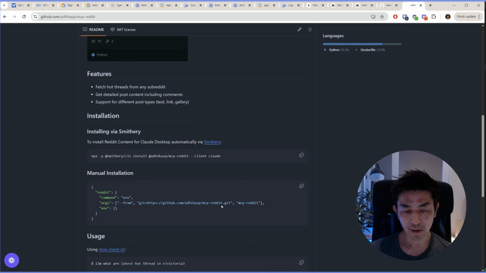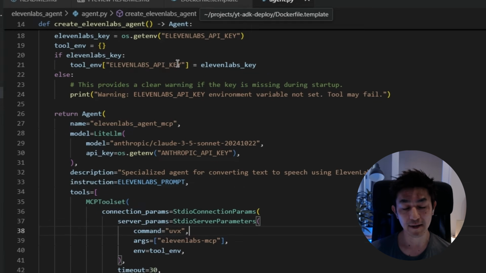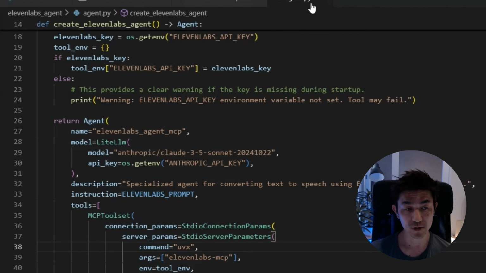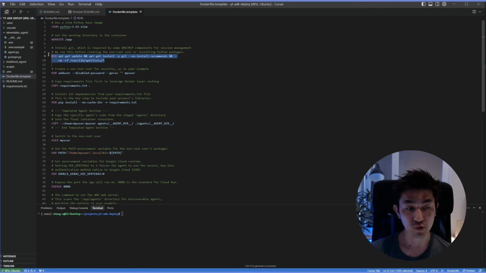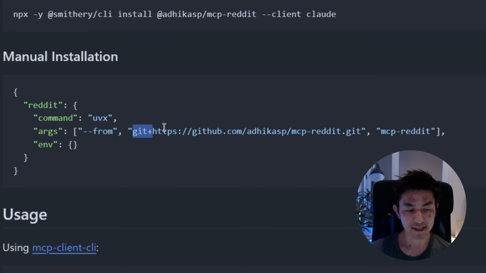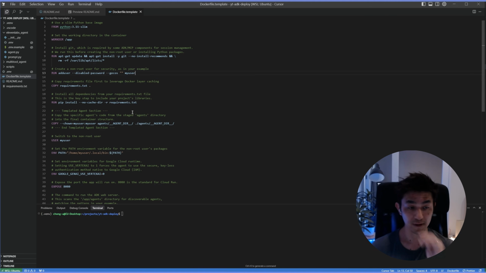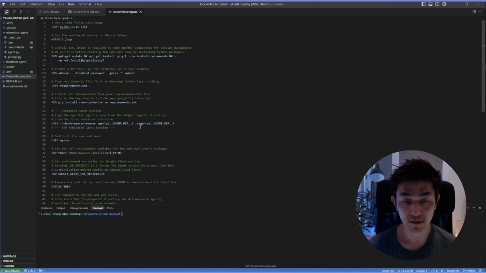So now, not only do you need to have UV installed, in order for you to be able to do this, you will need to have access to Git when this is running on Google Cloud. So the other thing to make sure that you are able to deploy your agents is that you have to add in this line over here, which installs Git onto the virtual machine that your agent will be running on. And this will enable you to run MCP servers that rely on the UVX from Git plus HTTPS paths as well. So this is really important because if you didn't do this, you wouldn't be able to run your MCP